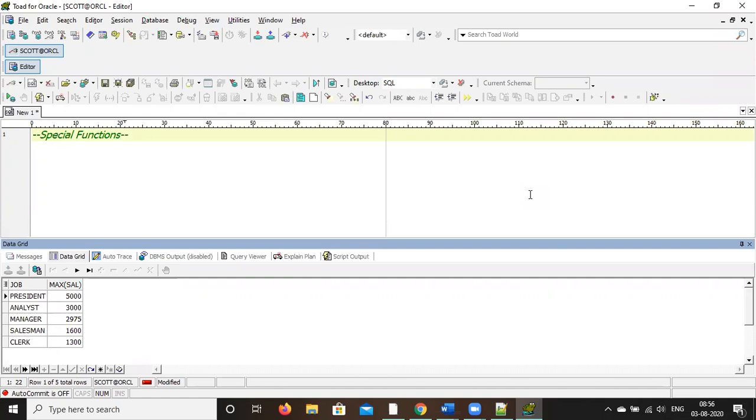So before that, just do select star from EMP. Select star from EMP. Yeah, press enter.